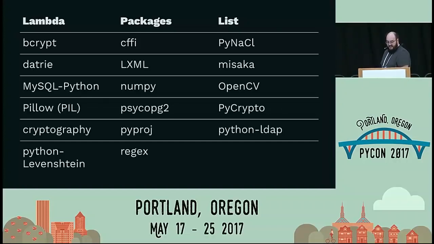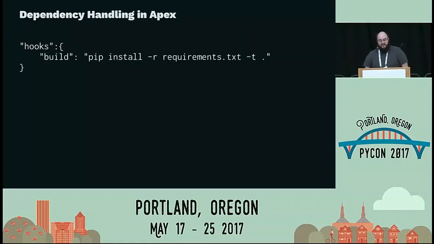And Apex is also pretty smart to help you handle dependencies as well. If you have something that you do need, like requests, for example, you can create a requirements.txt file and add this in as a hook. So every time you run that deploy command, the first step of deploy is build. It will go through and pip install locally. That's what the dot at the end means, pip install this in the current directory. So it will build that, install everything in the current directory, make the right zip, make sure that all your imports work, and then it will push it up just like it would normally.